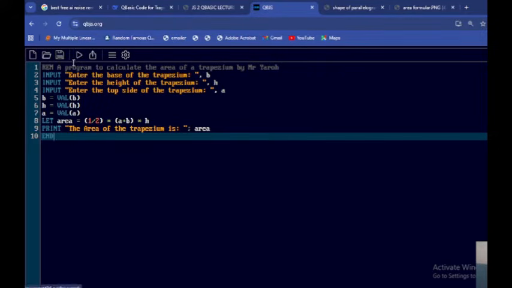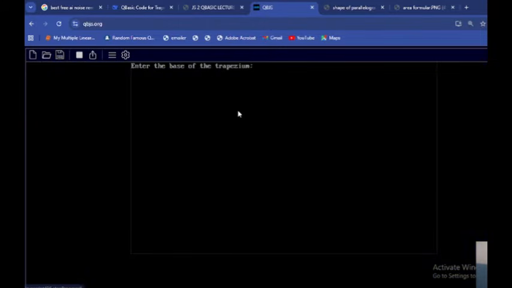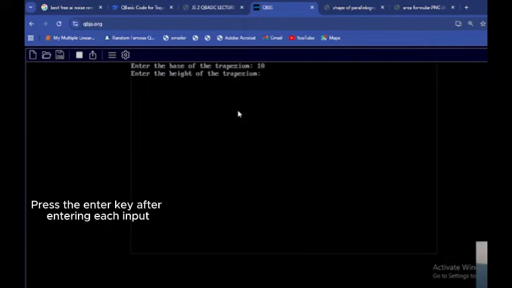Then I'll go on top to this place where I have something like a play button. Hover around it, you see run. So you click on this run and it will kickstart your program. So for our case study, let's say the base of the trapezium is 10, the height is 4, and the top side is 8. So if you want to calculate this in math, this should be 10 plus 8,